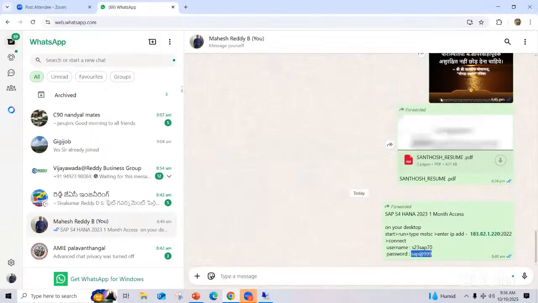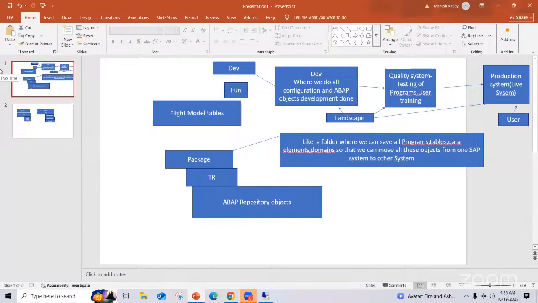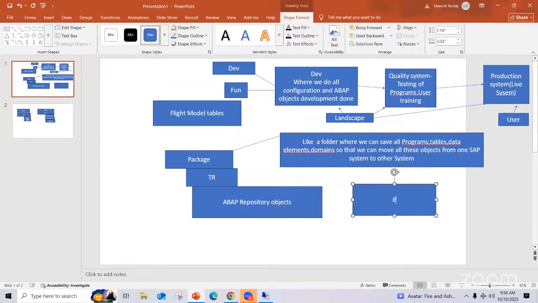So the landscape, and what you do is you practice while creating a program, right? I have chosen the package. Don't choose a package. Create as a local object and see what happens. Whether it creates the program, if it creates, will it create a transport request or not? They can ask these simple basic questions for the freshers. What they can ask is, if you save a program,